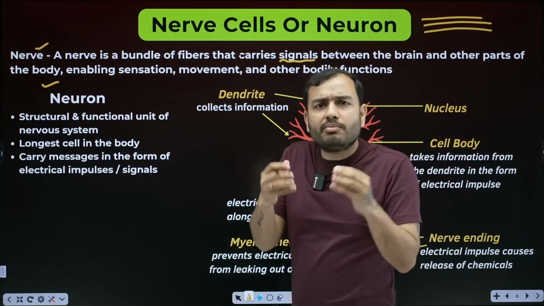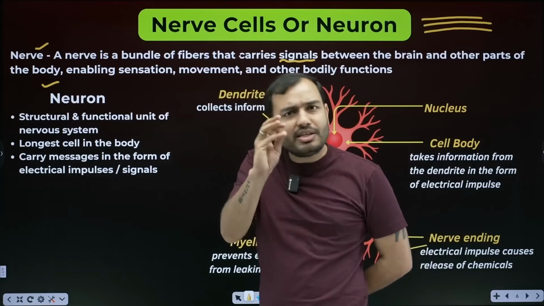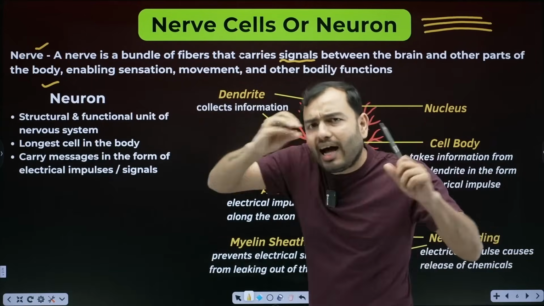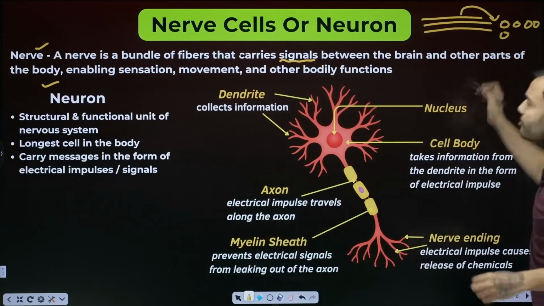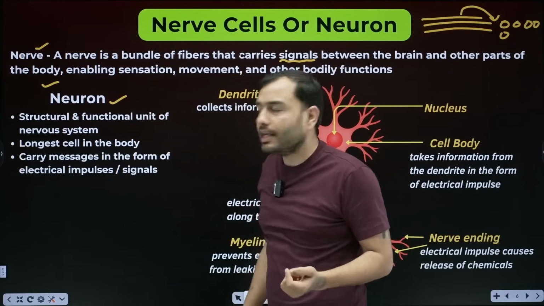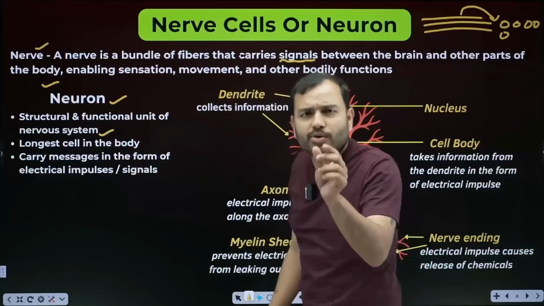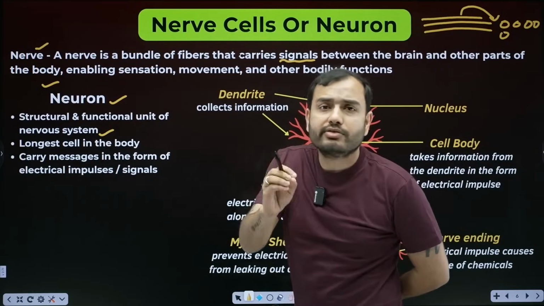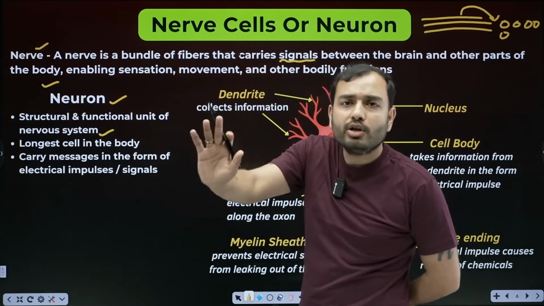Now what are nerves made of? We studied in the first chapter, chapter 9, the fundamental unit of life. Everything is made up of what? Cells. So nerves are also made of cells. These nerves, these wires, are made up of small cells. These are called neuron or nerve cell. What is this? The structural and functional unit of the nervous system. The functional unit is the fundamental unit. The structural and smallest unit is the neuron or nerve cell. If anyone asks the smallest unit of the nervous system, what should you say? Nerve cell, or its name, neuron.